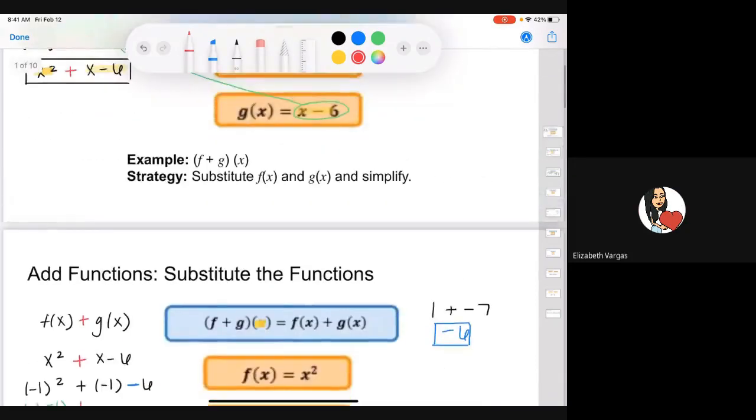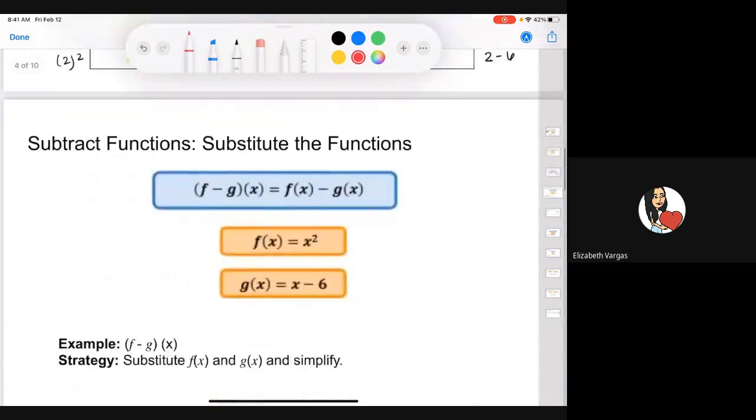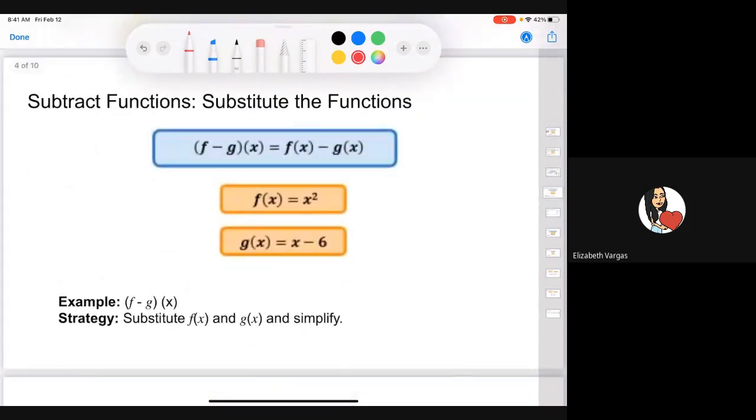So over here, we added two functions together. Now we're going to look at what happens when we subtract two functions. So here is our rule for subtracting two functions. Basically, we substitute f(x) and g(x) and then subtract. So f(x) minus g(x). f(x) is x squared minus x minus 6